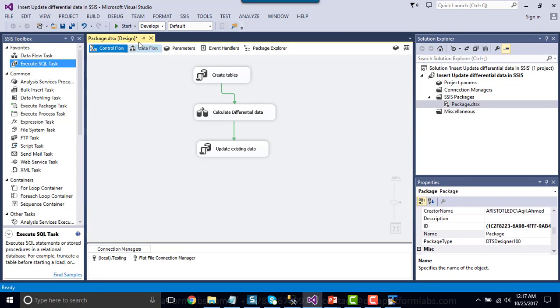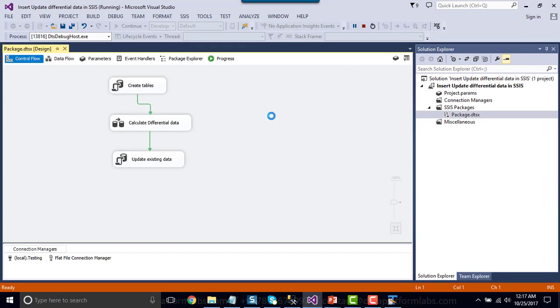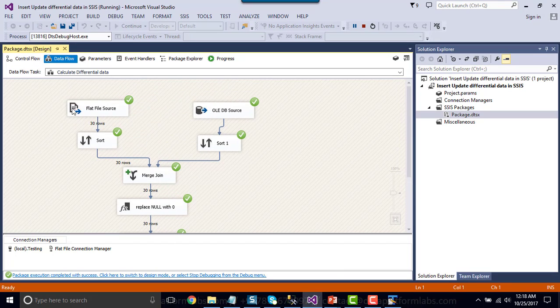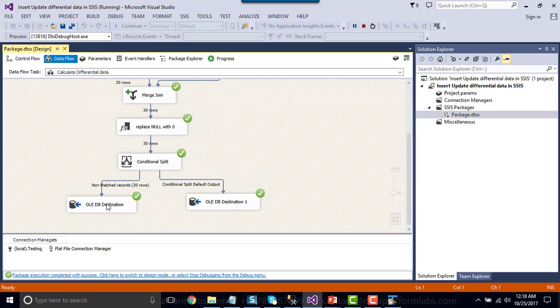If you execute this particular SSIS package, it should read data from the CSV file. It has read 30 records from the CSV file, and the first time, as there were no records in the SQL Server table, all 30 records got inserted into the SQL Server destination table, and it has not updated any records as of now.